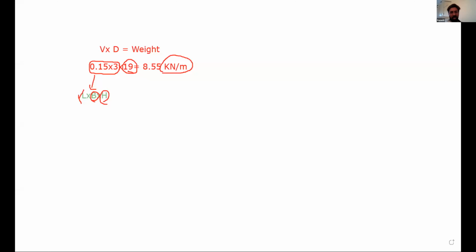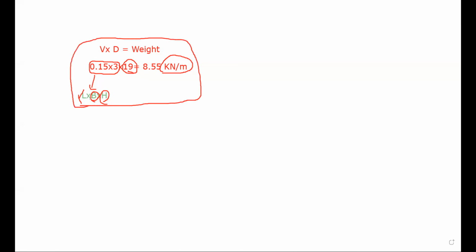So that is 8.55. Can you see my calculations? No, sir. By calculation. కనిపించట్లేదా? No, sir. అయితే you have to stop sharing. Screen share ఆపు ఒకసారి. ఆపేవా? Yes, sir. Yes, sir. Now can you see? Can you see? Yes, sir. Can you see this?